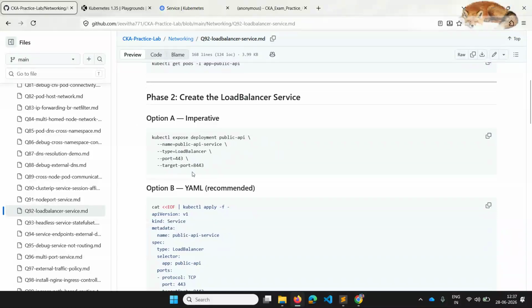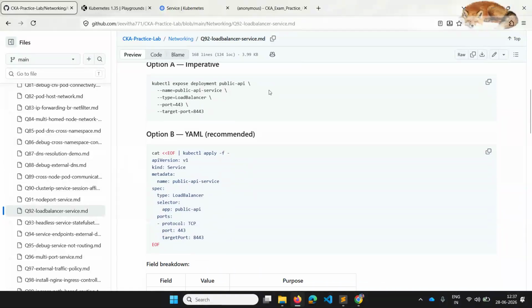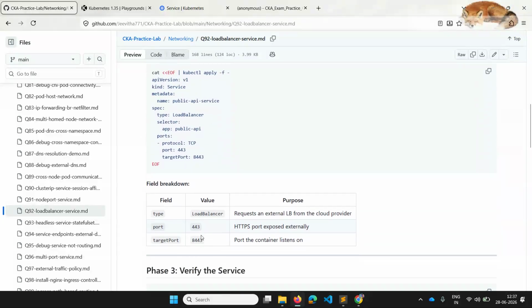This is how you can write a service of type load balancer. Previously we have seen type node port and cluster IP. So you can mention type load balancer, and inside you can edit if you want to do anything. That's why you can write a YAML file, and then you can edit it.